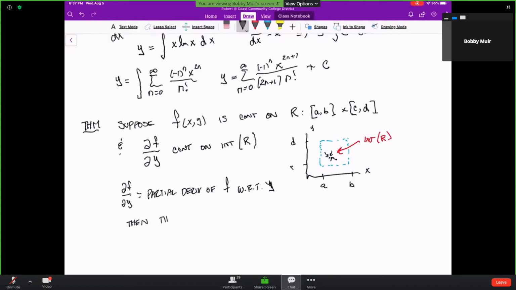Then the first order differential equation dy/dx equals f of x, y